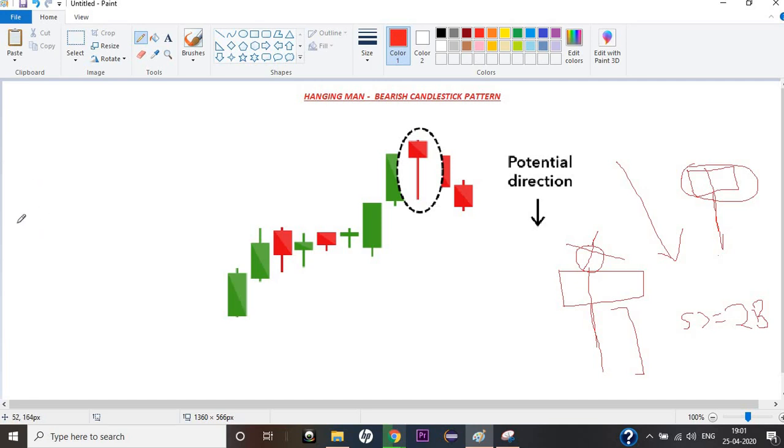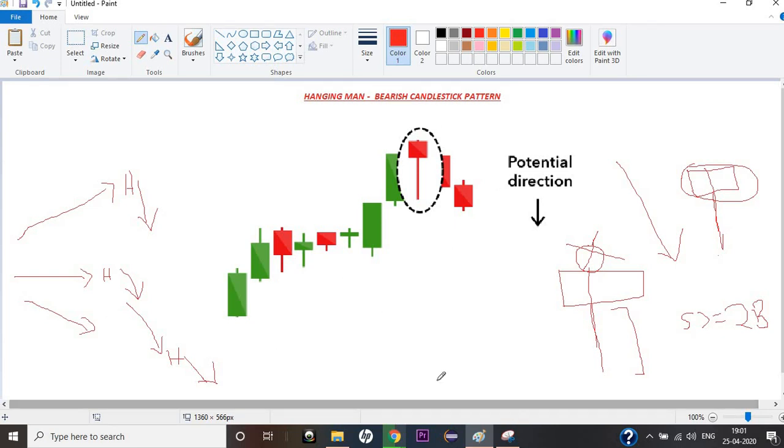So let's analyze these three scenarios. If my price action is going upside and I encounter a hanging man, then my price goes lower. If the price is neutral, the market is going sideways, and it encounters a hammer, the price is going to go lower. If the price is going lower, let's make it steeper, and it encounters a hammer, the same lower trend is going to continue, right? So those are the three scenarios we have.